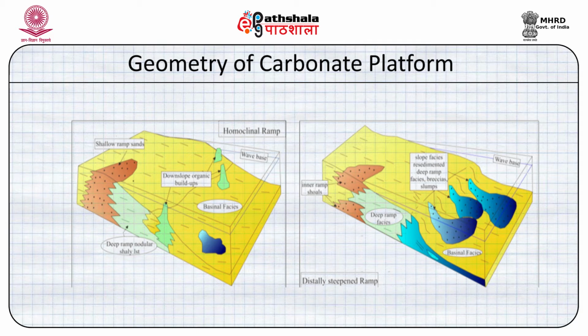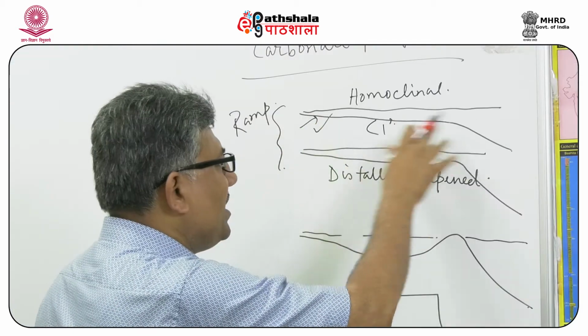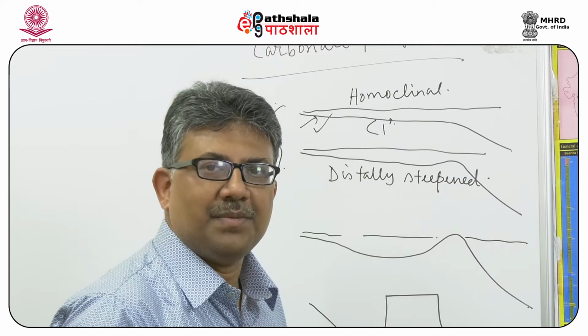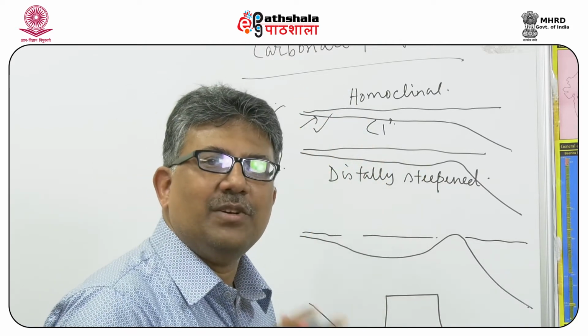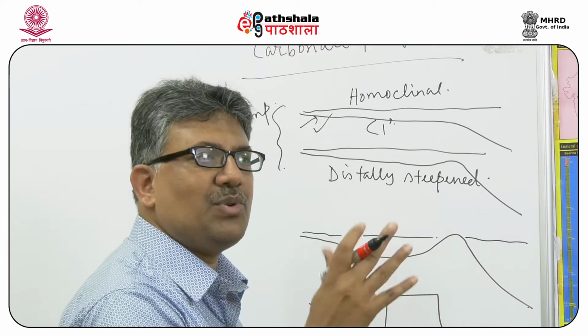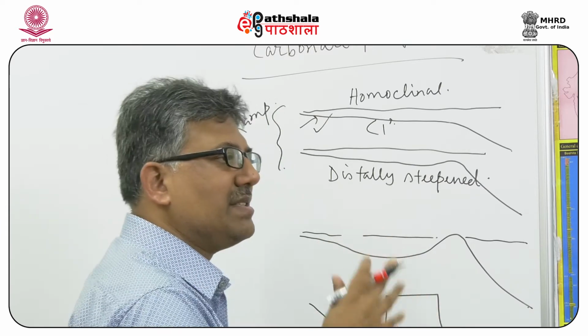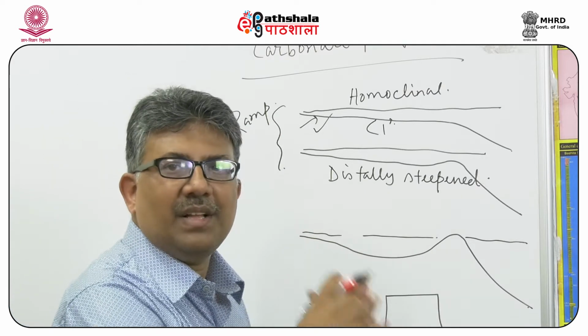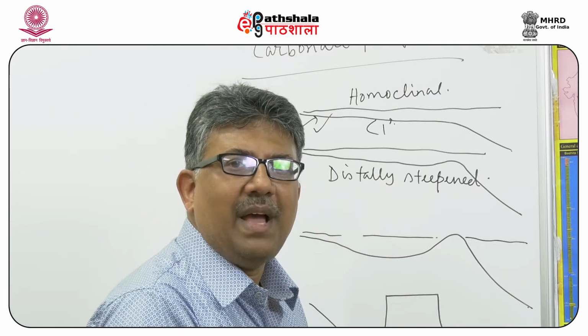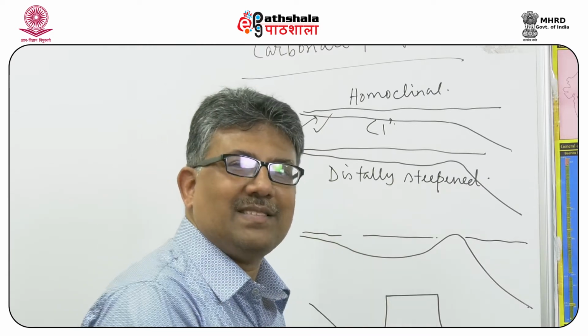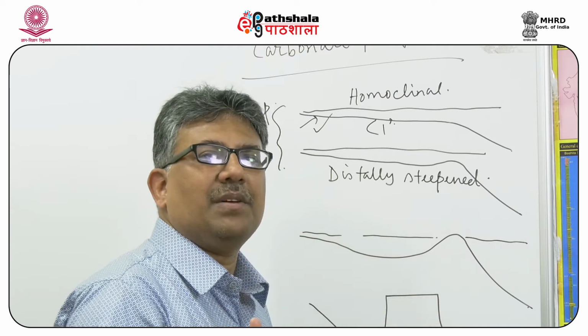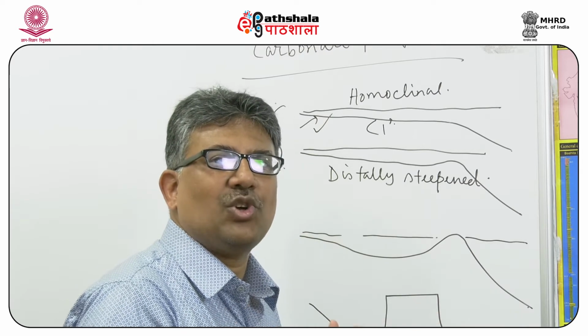Mostly in the shallow water part of this kind of ramp, it is wave dominated, and the relative energy of the ramp successively decreases as you go to the deeper part of it. Initially, this kind of ramp was classified into three different components: the back ramp, the main ramp, the shallow ramp, and the deep ocean. But Burchette and Wright further classified the ramp into four different components based on two